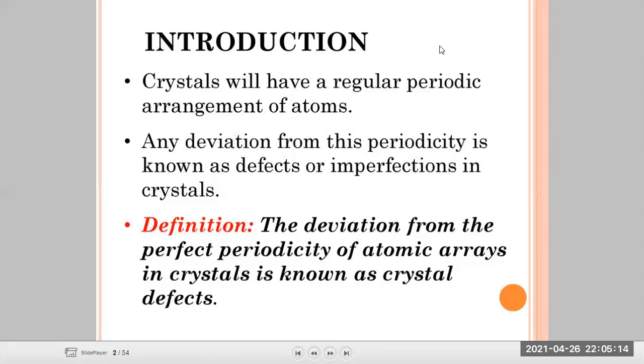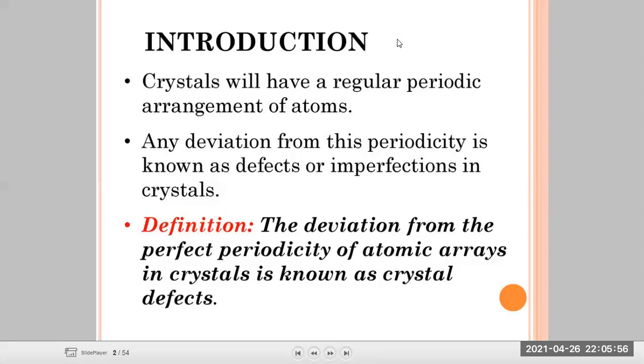Now we are moving to the next important chapter, that is chapter 2. In this chapter 2 we want to discuss the ideal, and from ideal we are moving to the practical way. In chapter 1 we completed a discussion regarding the theoretical assumptions of the crystal. We thought that inside the crystal, the constituent particles, which are nothing but atoms, molecules, or ions, may be arranged in a regular arrangement, right? This was the theoretical assumption.